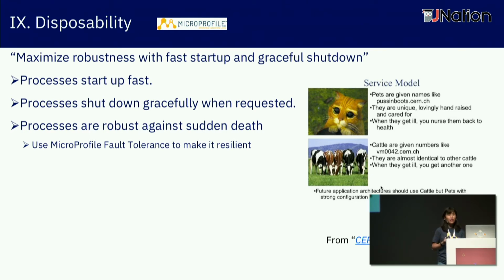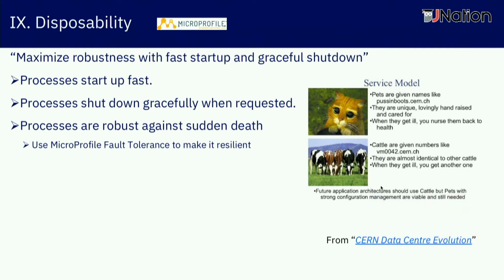So if you want to save cost, make sure your microservice can start up fast and shut down gracefully. You also need to make sure your microservice is resilient. It should perform in any given situation. Later I'm going to do a quick demo about how to make your microservice very resilient,